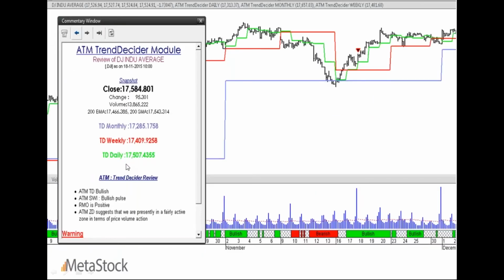So we've got some nice experts which do the whole job of interpretation right after telling you where the different levels are, telling you if the trend decider is bullish or bearish. Okay, so we've also added the other different indicators which are popularly used, just so that you can get it all in one screen. So I love using the trend decider. I use it every single day personally to put my real money on it.